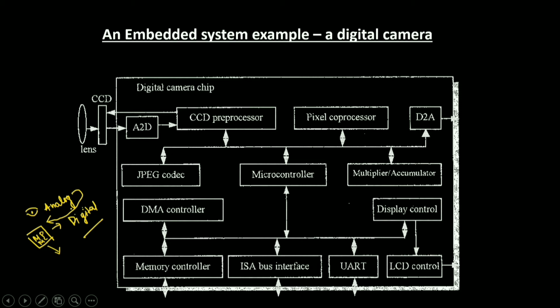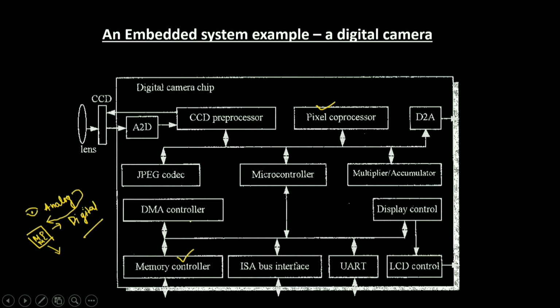The pixel coprocessor, as you can see over here, aids in rapidly displaying images. The memory controller controls the access to a memory chip